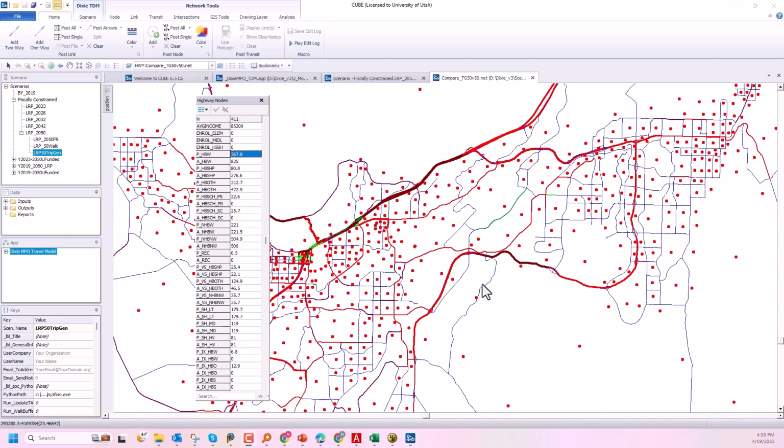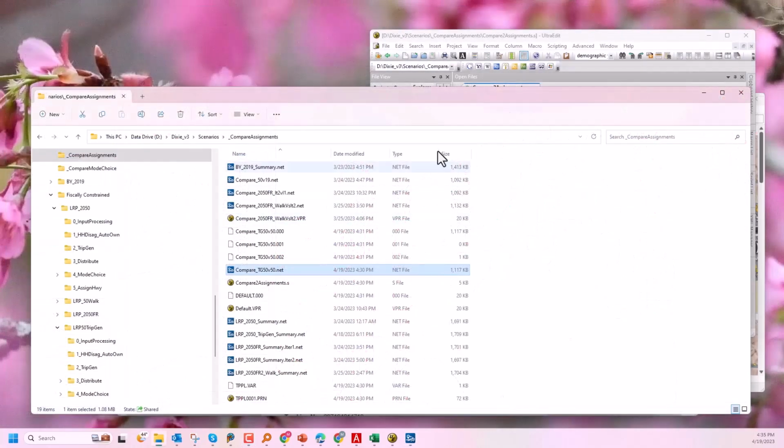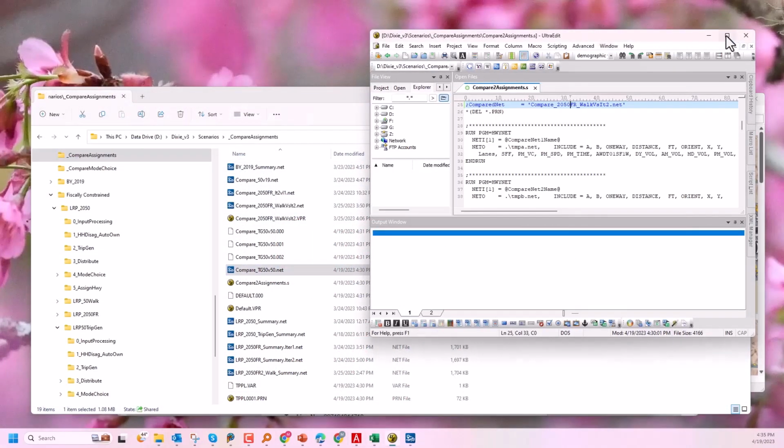Alright, I'm going to go ahead and try this. So I've got production home-based work and attraction home-based work. Those are the things that I'm interested in seeing in the comparison network. So I'm going to do that right now. So I go to this thing,